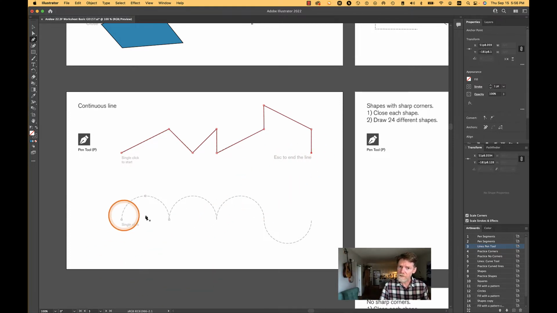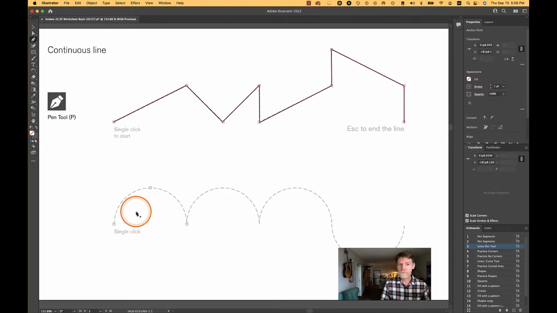Okay, we're going to look at two different ways of creating these strokes, these curved lines. So again, Illustrator has different ways of doing the same thing, and it all depends on the context. This one is a little bit harder, so this is where the pen tool becomes a little bit challenging, very challenging to use. It's actually